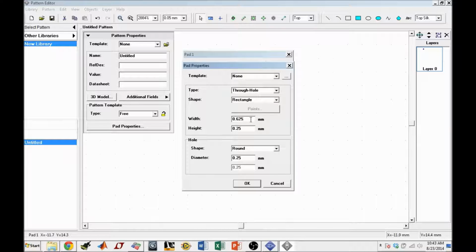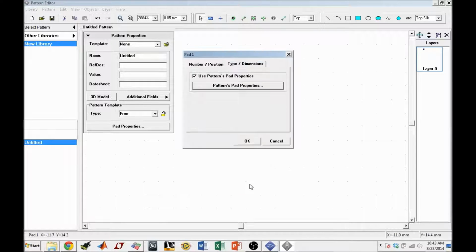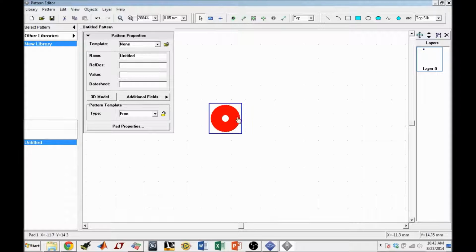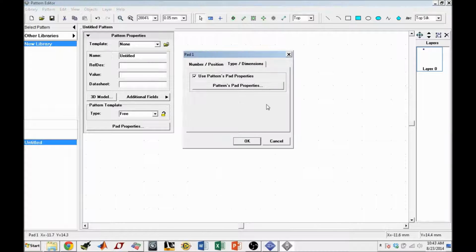Again, I can go back to Properties. If I want to change the dimensions, I can. You can also change the shape as well. So I can change this into an oval if I need to. I can make this 1 millimeter by 1 millimeter, and make the hole size 0.25 millimeters, which will be okay. I'm going to hit OK now, and you can make a through-hole version of it if you want to. So let me go back to Properties and change it back to surface mount,